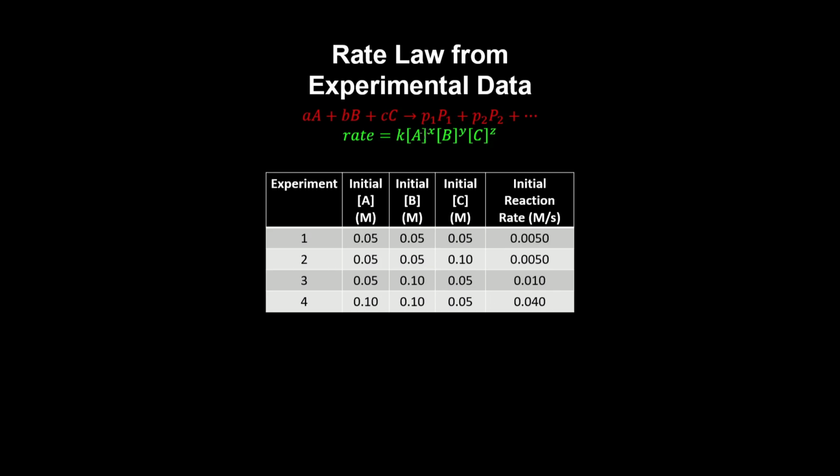We can determine the order of a reaction with respect to each reactant by conducting different experiments where we measure the different initial reaction rates using different initial concentrations of the reactants. So for example, if we want to determine the order of a reaction with respect to reactant A, well, we'll look for the experiments where the concentration of the other reactants is constant,